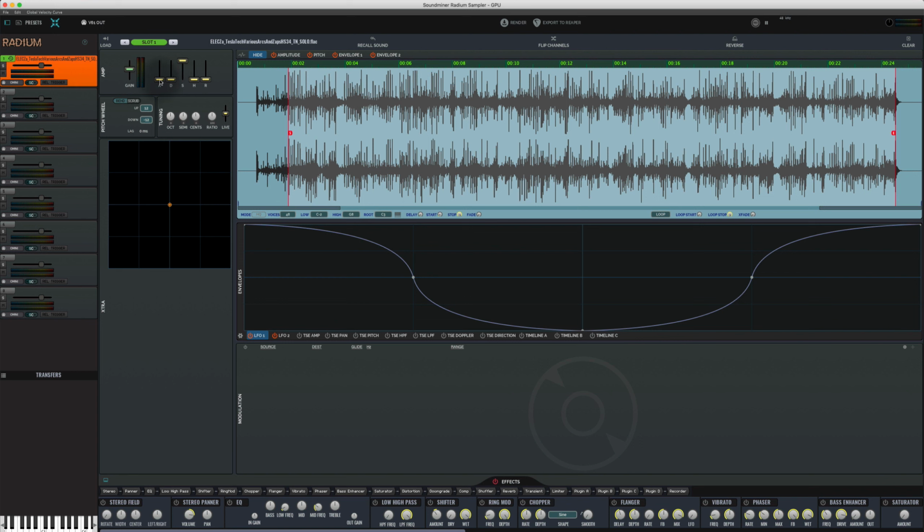I'll get into more, but the attack is basically how fast the note will come on. So if I press the note right now, the sound starts instantly. If I drag it up a little bit, the sound kind of ramps in. Release is the exact opposite, how quickly the sound ramps off at the very end of a key press when I release it. I let go right now, the sound stops instantly. If I drag it up a little bit,